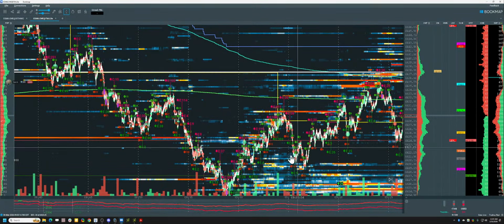So this sets up a short here. I get scaled. I'm going for the test of this for the next scale, and I got taken out of that one. But this is what's important here. It doesn't matter to me I get taken out. I'm just following my plan. But I'm also getting a little frustrated. Now that's emotions. I always want to talk about my emotions because nobody talks about it, right?